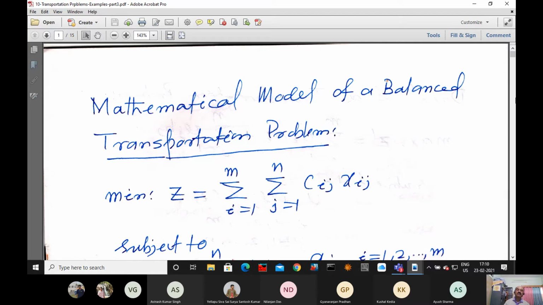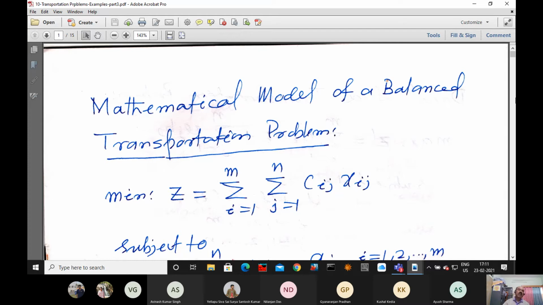Transportation problems are always minimization type. If somebody has asked you a maximization type transportation problem, then you have to change it into minimization type. Otherwise, you cannot solve it. So generally it is minimization type. Why cannot it be maximization type? When you are traveling with a taxi, something like a routing problem, you like to minimize your traveling cost, and the taxi driver wants to maximize his profit. If he moves more, then he will charge more. So proportionally, he will have more profit.